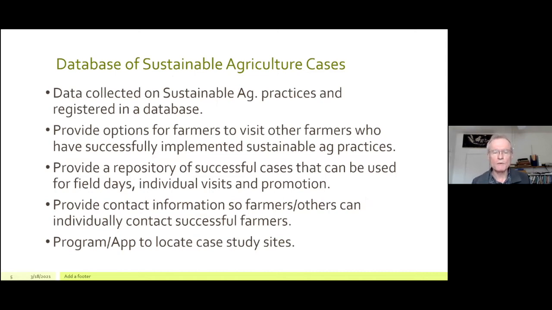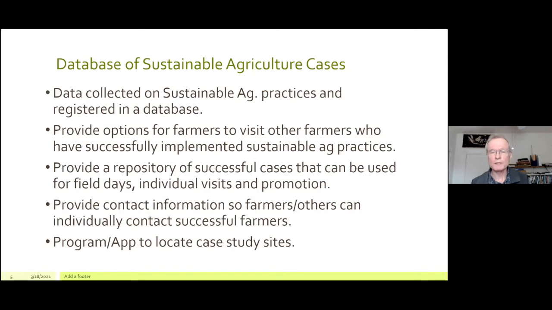And the way it's set up, and I'll demonstrate this a little later, is really to provide an option for farmers to identify farmers close to them or a farmer that has similar farming conditions and be able to contact them and talk about the experience of the other grower as they implemented soil health practices, or in this case today, silvopasture practices, and learn from that experience.